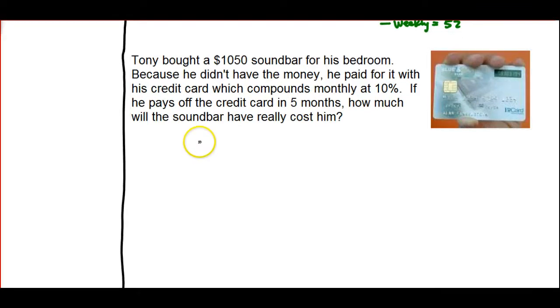So we're going to start out with the amount that he borrowed, $1,050. Formula always has 1 plus as its next item. Then we take the percentage and change it to a decimal. 10% as a decimal is 0.1. Divide by the number of compoundings, which is usually indicated by a word in your problem. And it looks like it said compounded monthly. So we're going to use a 12 for the n, raise it to the 12,